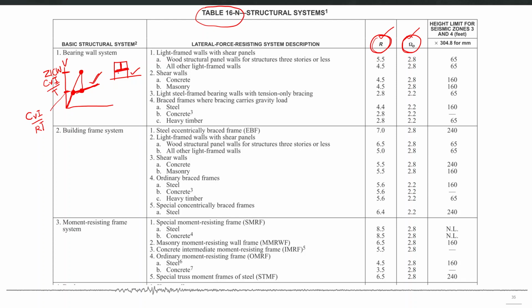So for those critical elements, the codes allow to amplify their design forces from this number by applying a structural overstrength factor, which is denoted as omega. So this overstrength factor is supposed to amplify the design forces corresponding to these forces reduced by R. You again amplify those forces for the purpose of design of those critical elements. And that amplification factor is this structural overstrength, which is mostly in the range of 2.2 to 2.8 in UBC 97. And that factor is also part of the latest codes now. So the underlying idea is the same for all the latest codes also.